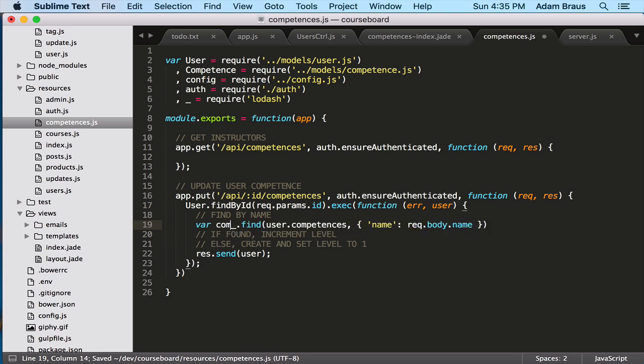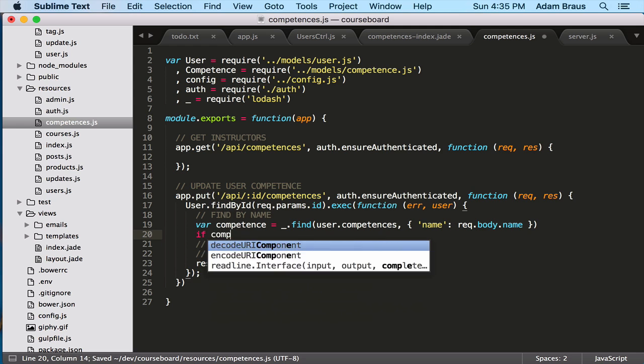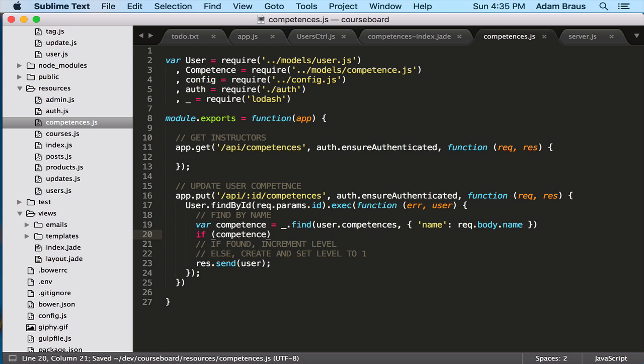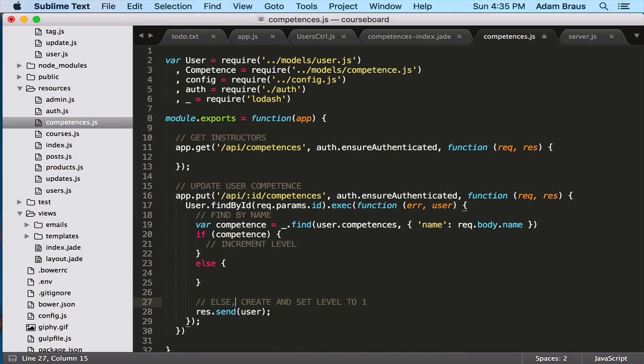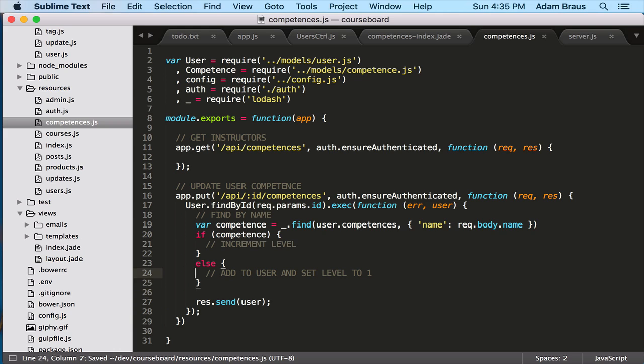Okay, so we'll say var competence equals blah, blah, blah. If competence is there, do one thing. Else, add to user and set level to 1. Okay. Either way, we're going to return user. So if competence